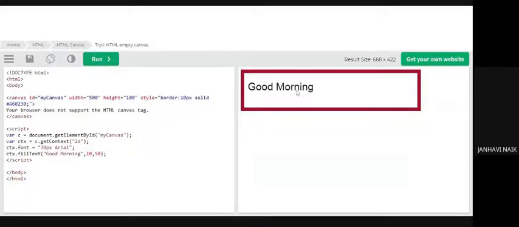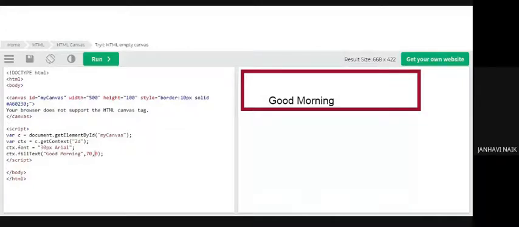The good morning text has appeared in Arial font with a location 10, 15. So let me increase this by saying 70, 50. Automatically it gets shifted. So 70 from the left side, and 50 from top. If I say this as 90 and run, now it has shifted down. So X from left and Y from top, whatever you want, according to that you are changing.